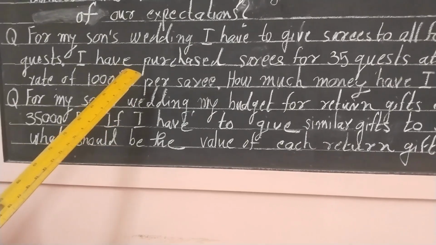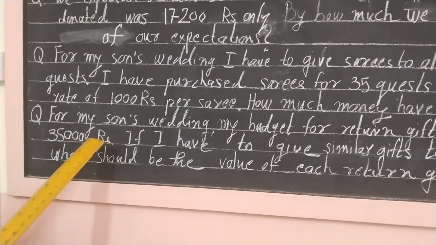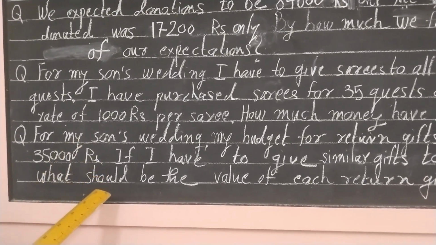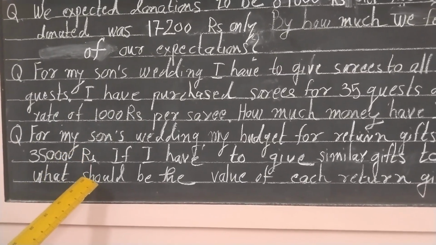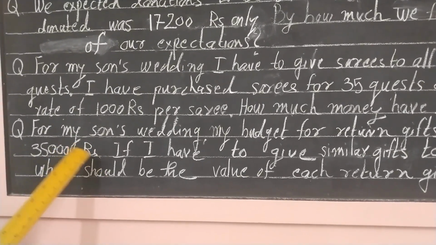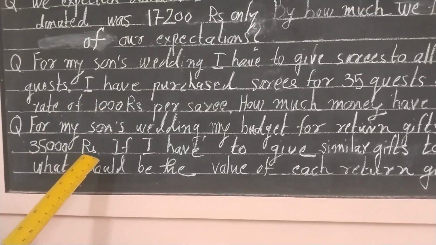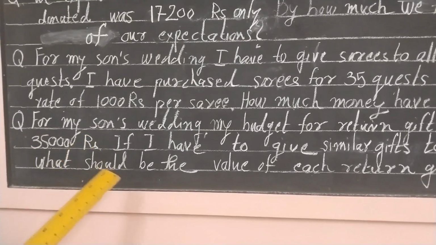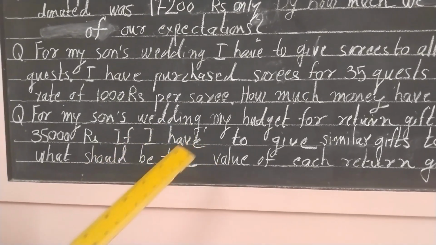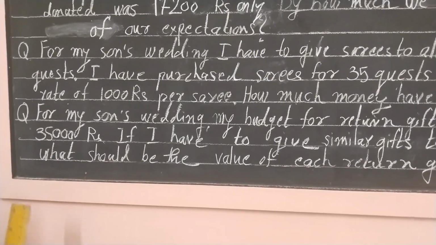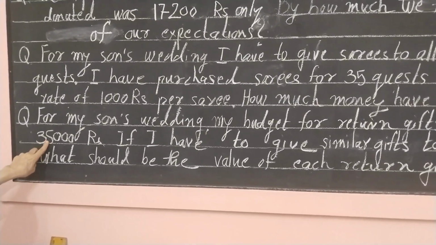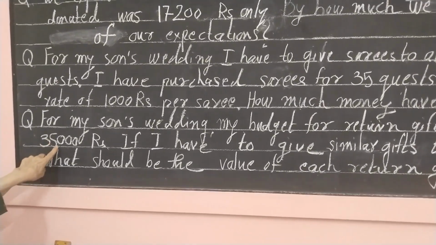So, thinking that since this example is also of wedding and return gifts, it has to be an example of multiplication, then Harivansh, you are going to go wrong, because with a slight change in the wording, the entire meaning of the question itself changes. For example, here we have got the budget for return gift is 35,000